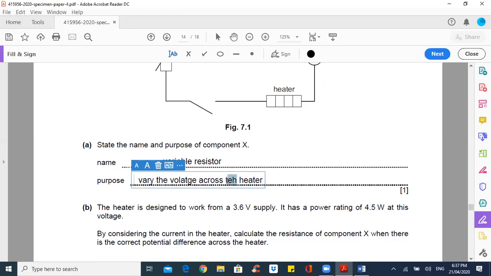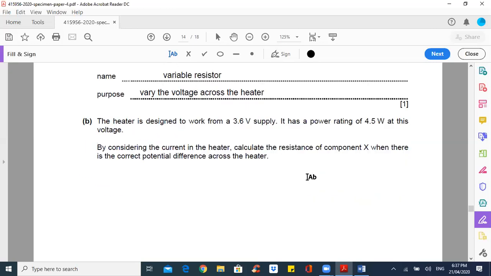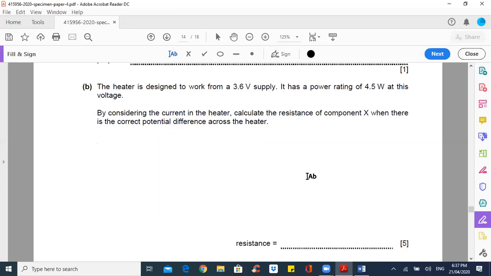If you increase the resistance in the variable resistor, the voltage drop is going to be bigger, and a bigger voltage drop means you're going to have less voltage across the heater. If you want the heater to heat more, the resistance of your variable resistor must be low. Good. So they're asking now lower down in the question,